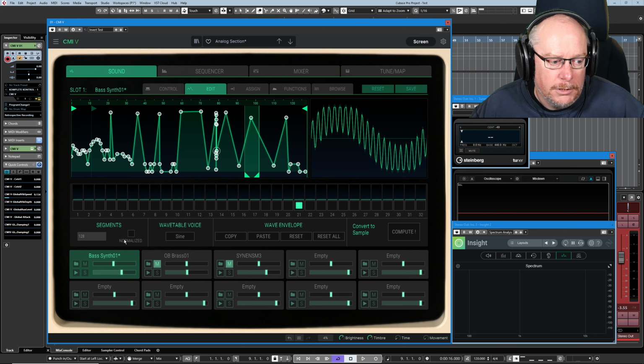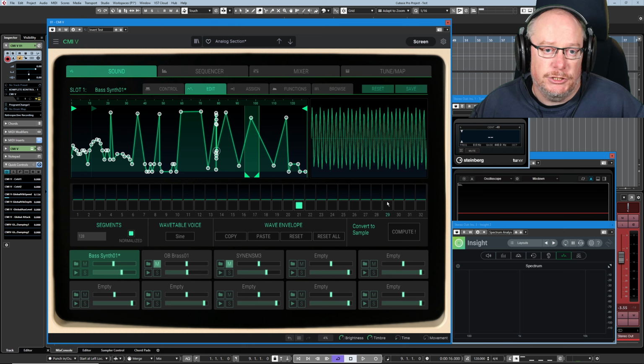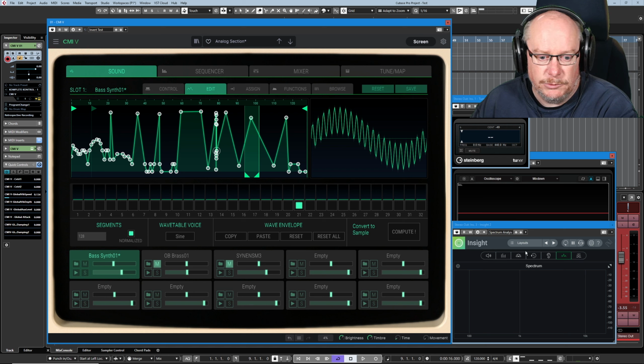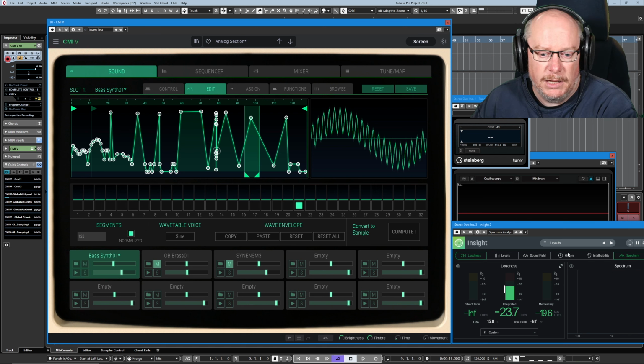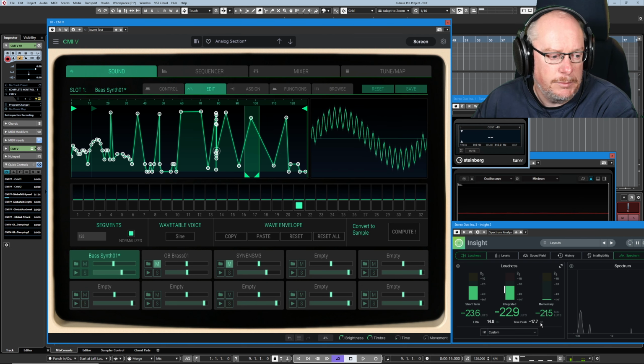Zoom back out again. The normalize, there's a little checkbox here. It's kind of difficult to see, but there we go, there's the box turned on. It basically increases the volume of each one of these 32 harmonic functions to make them as loud as possible. Now this will result in a kind of shifting of the volume perspective, because ordinarily your fundamentals are much louder than higher harmonics, but by normalizing the entire wave it's going to sound different, and it's also going to get louder. I'll turn my loudness meter back on and just press a note, a true peak of -17.7,